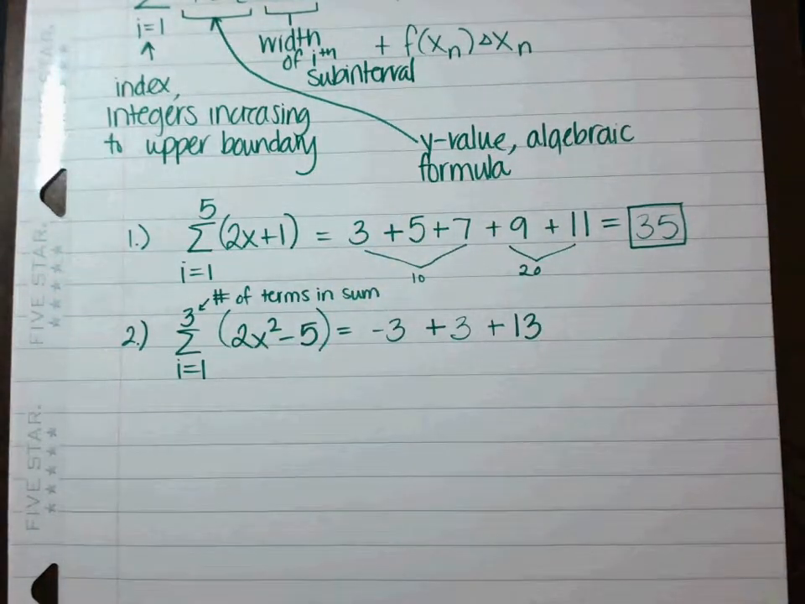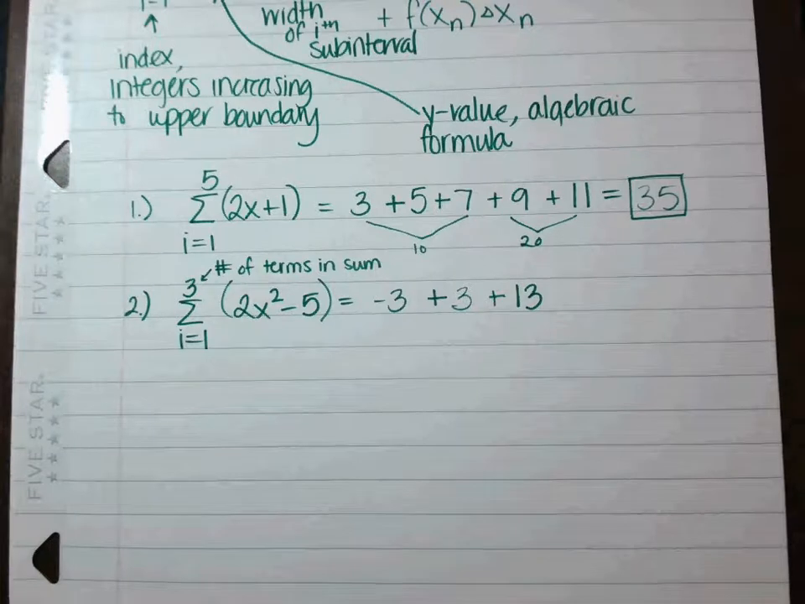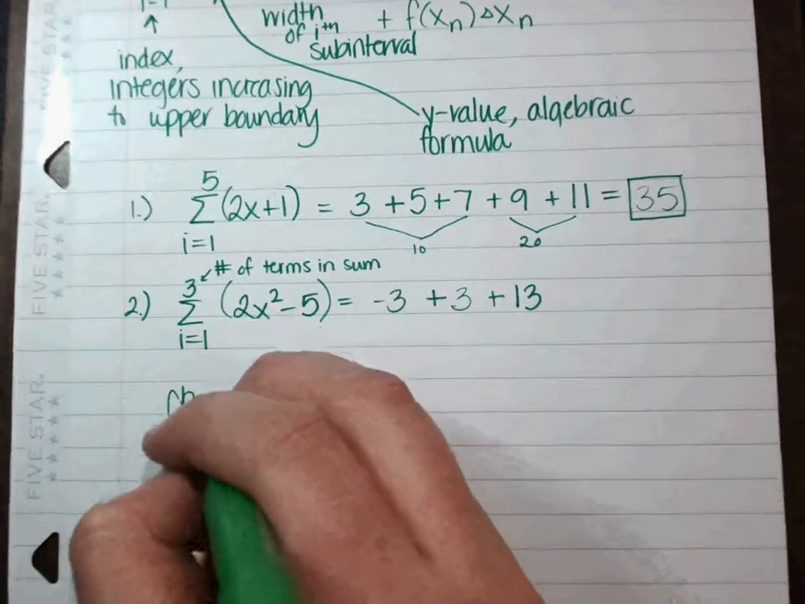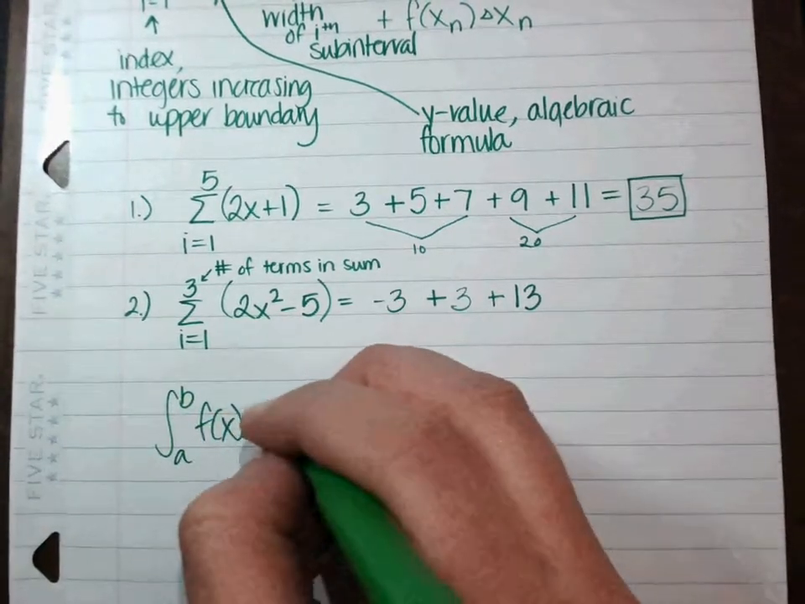So if it was 100, God forbid, you'd have to plug in all the numbers till you get to 100, which would be terrible, but we're not going to do that. A Riemann sum, as we talked about, is a repeated sum, so you can use summations to shorten that formula. The integral from a to b of f of x dx is approximated by,